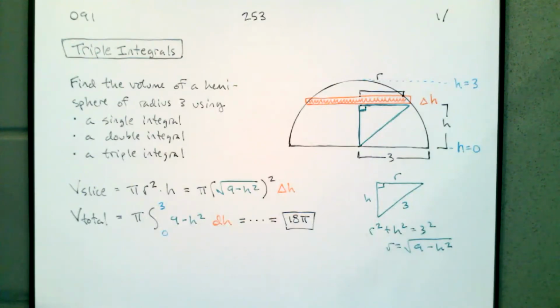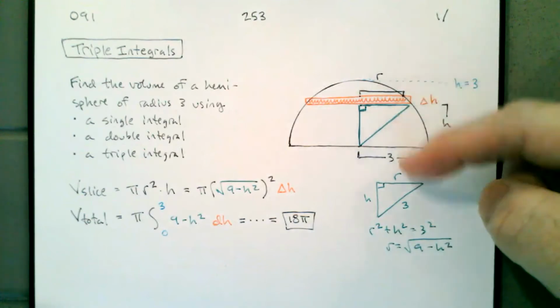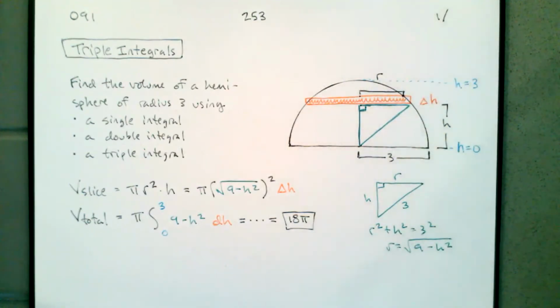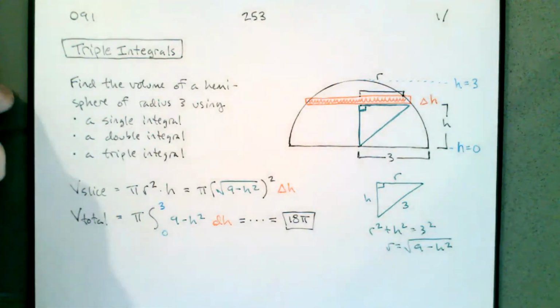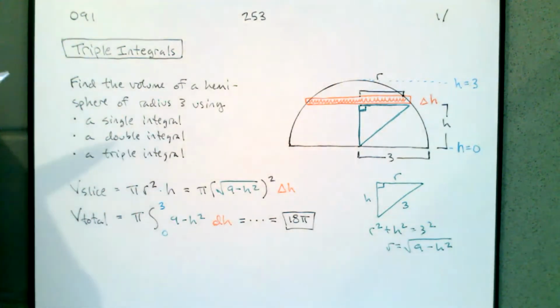Everything has to go in one direction. If our density varies up and down, then we have to integrate up and down. If our density varies left and right, then we have to integrate left and right. Let's switch over to a double integral. So we can use a double integral